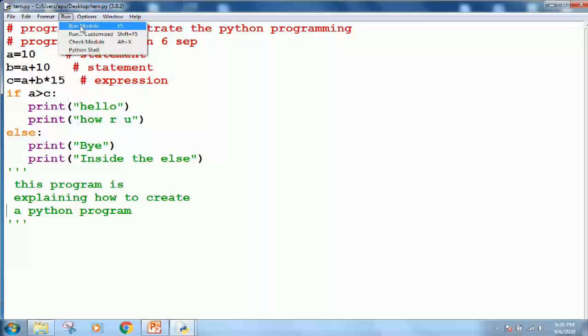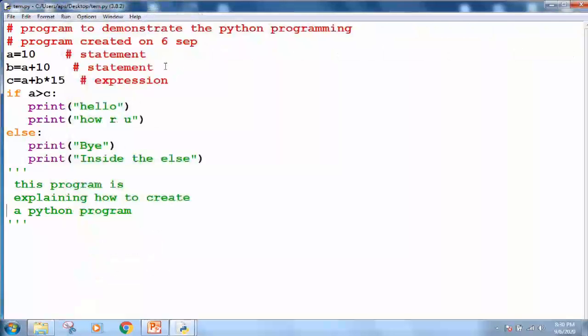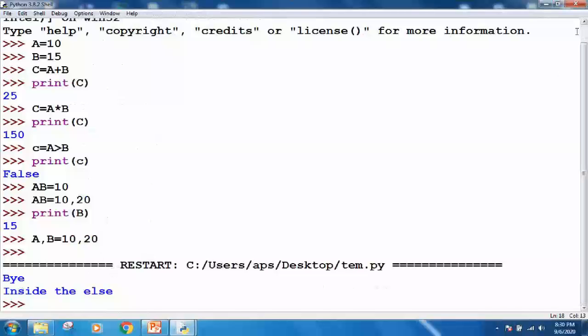Now let me run this program. How can I run? I can press either F5 or click on the run button. Now I am executing the program, and you can see this is the output of this program.